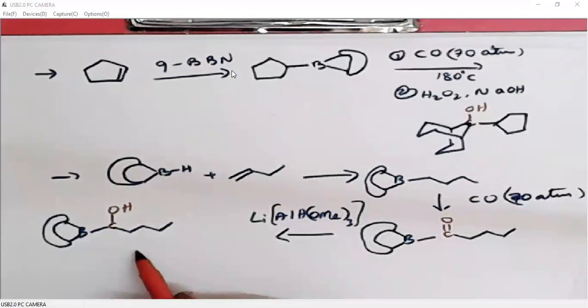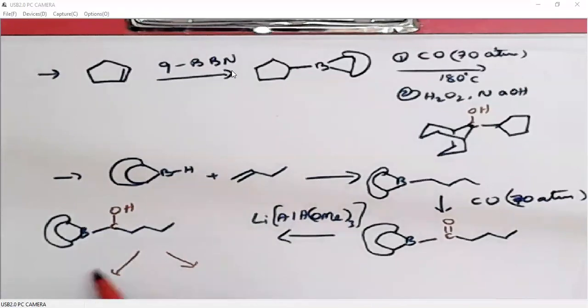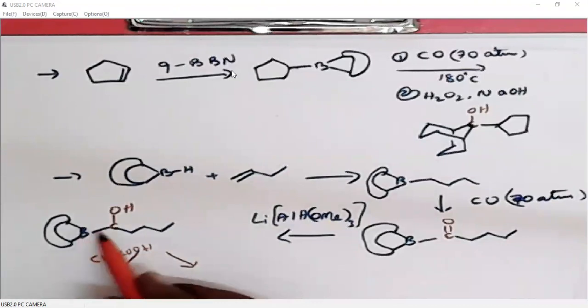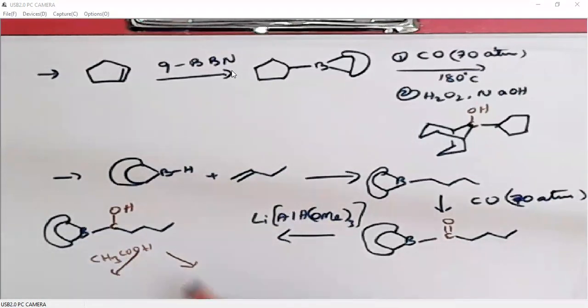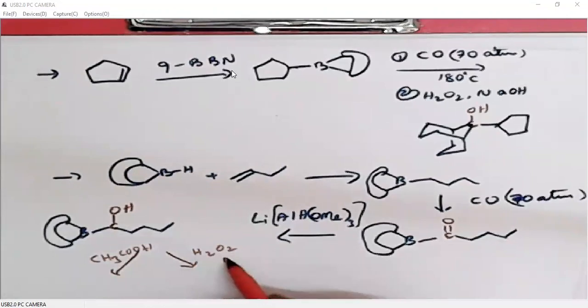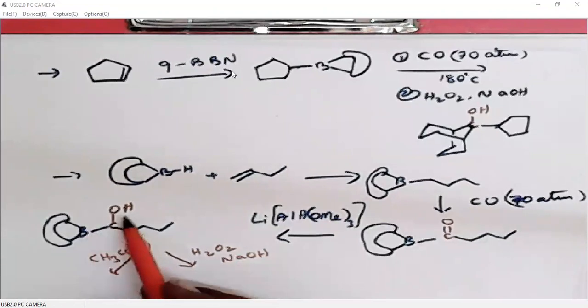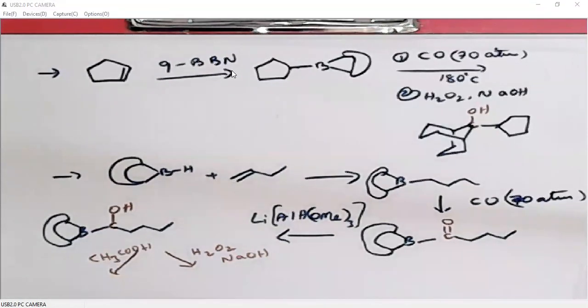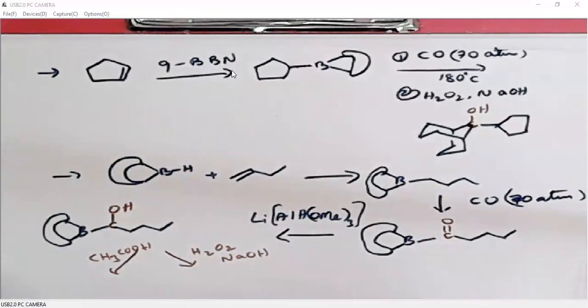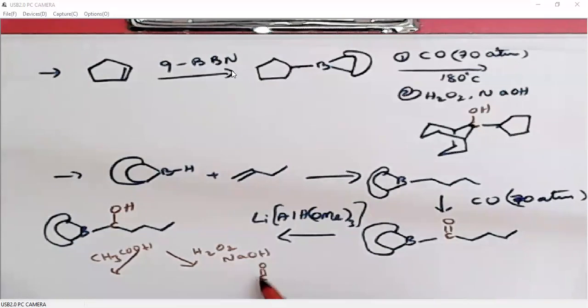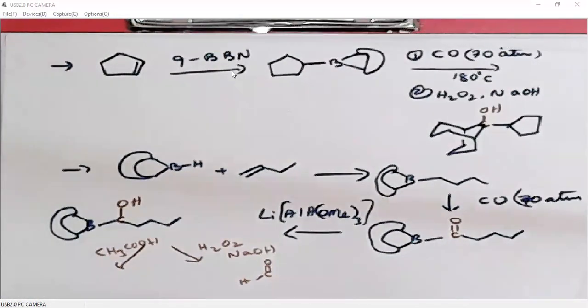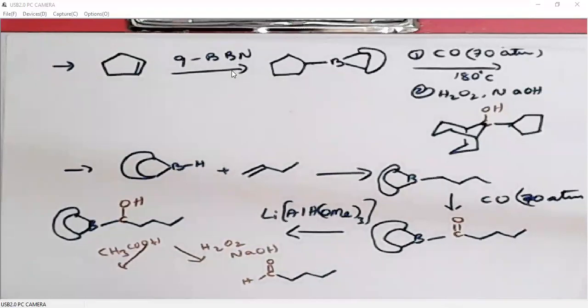Now this compound can be explored in two different ways, right? One, if we use acetic acid, it becomes an alcohol, because boron will be leaving and we will be adding hydrogen. When we use oxidation conditions, we are adding one more OH here. So two hydroxy groups on a single carbon is not possible, it is unstable. So it generates a carbonyl. Because it is a terminal carbon, we are generating an aldehyde. So this is how we can explore 9-BBN products.